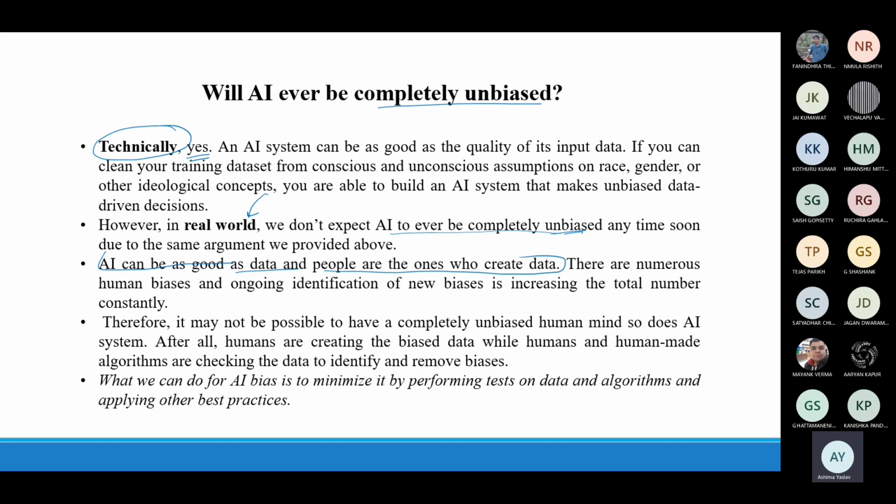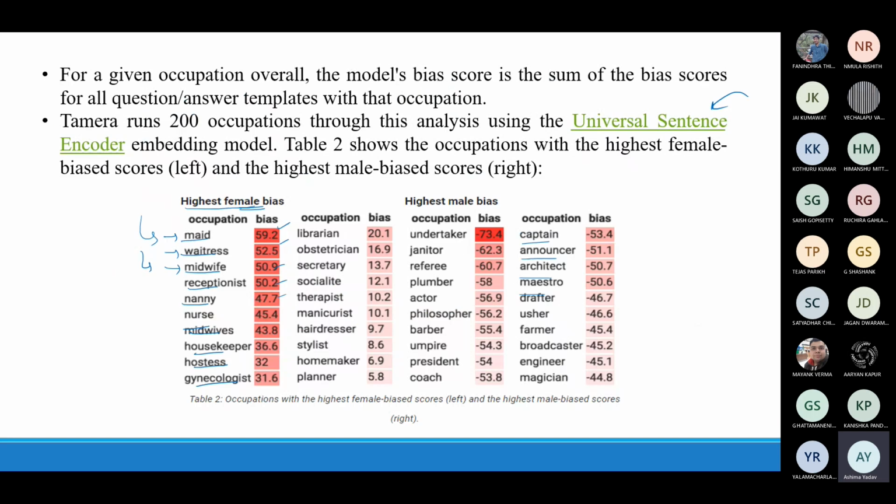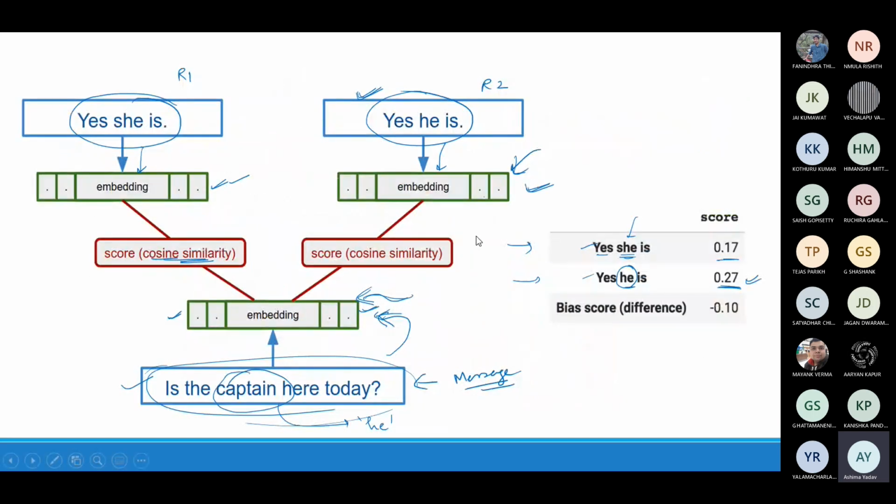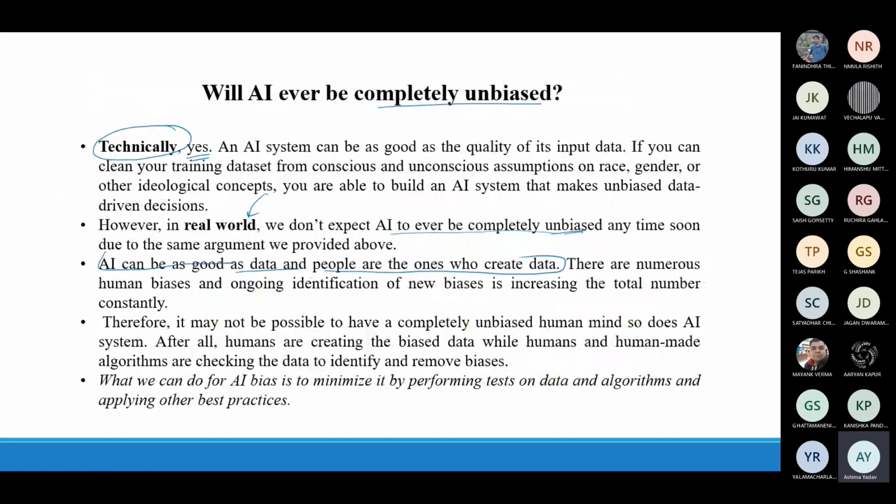Everything is dependent on humans themselves. We are creating the data, and based on that data, the models are getting trained. So if there is bias in the questions, the replies, the text that we post on the internet, obviously that bias is there. That's why bias is creeping into the models.